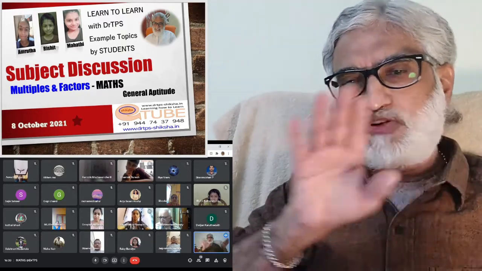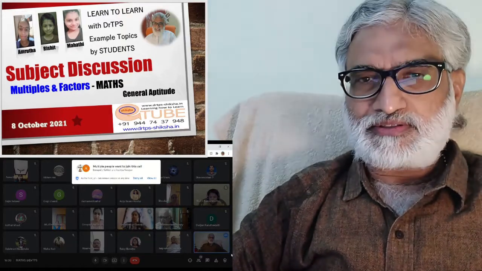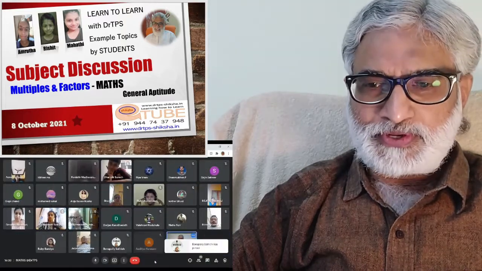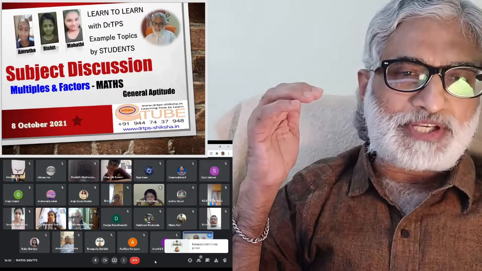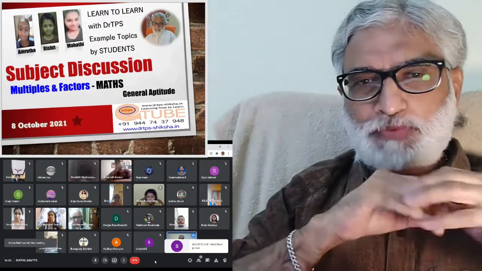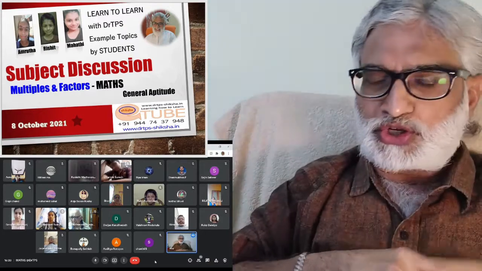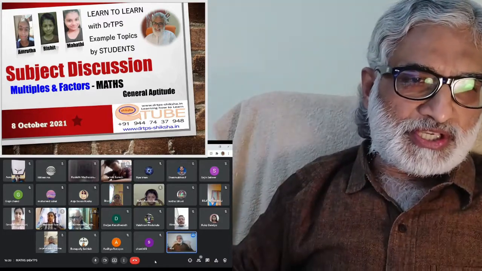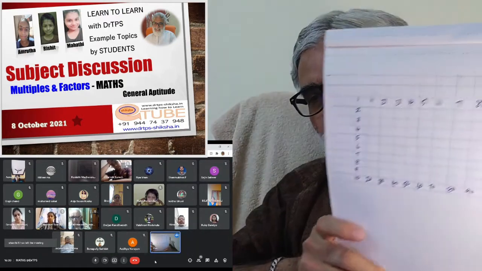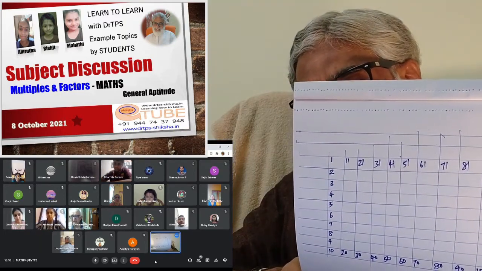given a number, immediately you will be able to find out whether it is a multiple, because they will give you choices. So how do you identify whether something is a multiple or not? For high competitive exams, that's a problem. But if you look at it, this problem started solving when you are in 4th or 5th class or such junior classes. So I expect all of you to draw a table where 100 numbers can be filled, rows and